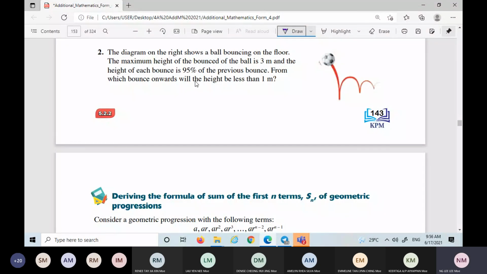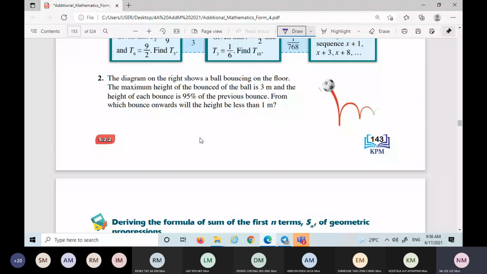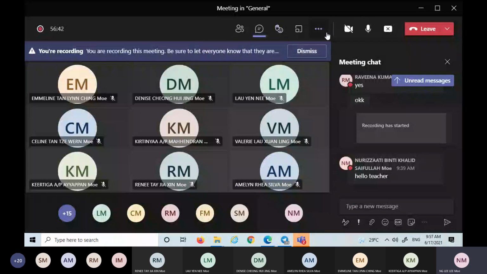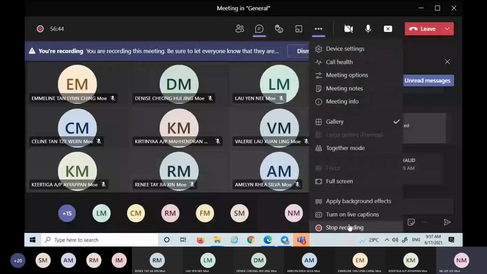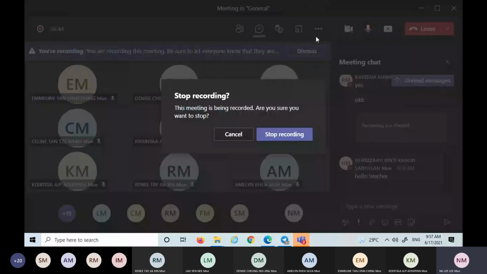Okay, I think that's all for today. So two exercises for you. Before I end my lesson, do you have anything? For those